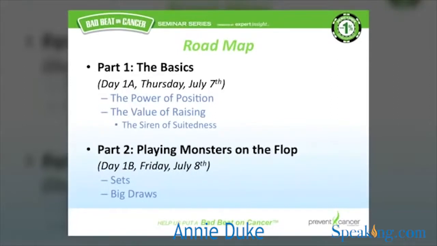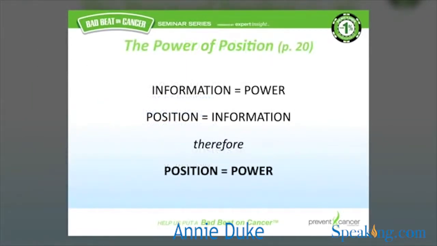So what we're going to go through today is position as it relates to that problem, and then raising it as it relates to this problem that we've defined. And this is the same thing. When we talk about playing monsters on these textured flops, it's a decision problem about uncertainty. So everything's going to be framed in that language. On the slide, I've notated, or Andrew has, he was nice to do this, the page that the discussion is on in the book so that you have some easy reference.